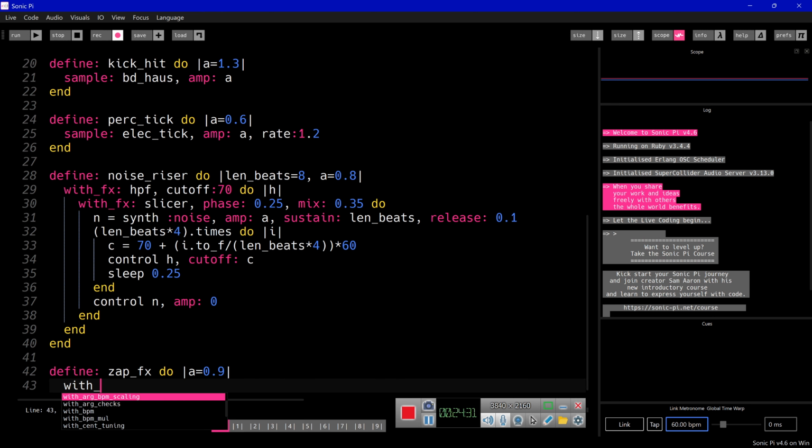We add the FX of distortion and distort of 1.35 with a mix of